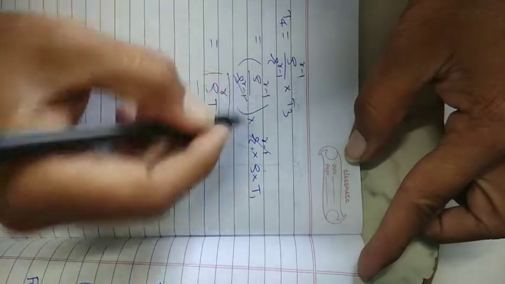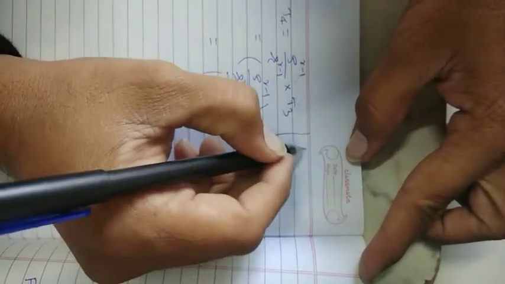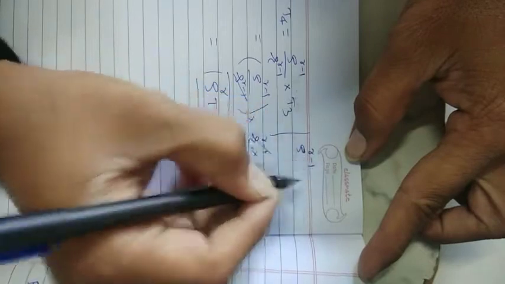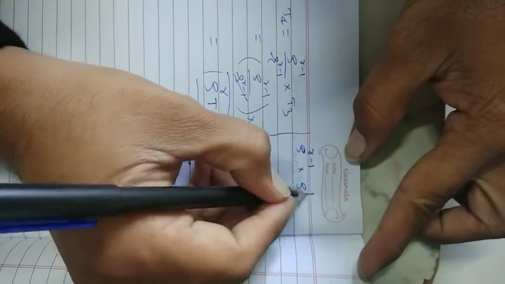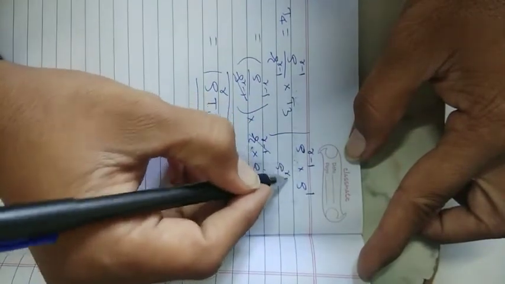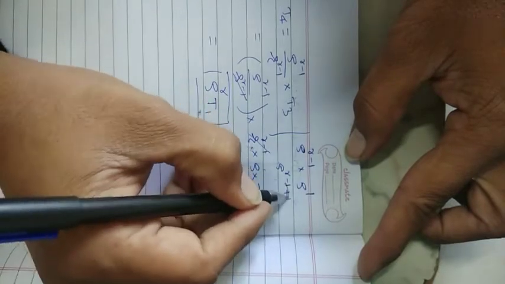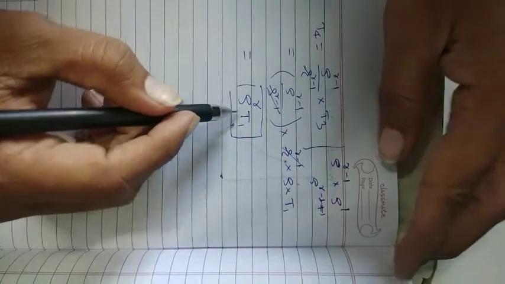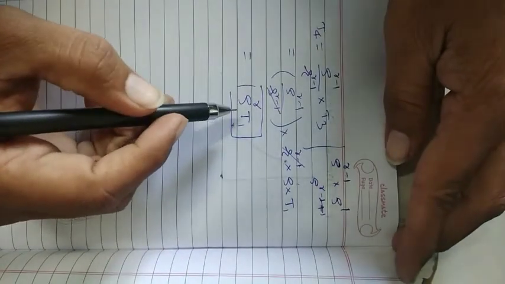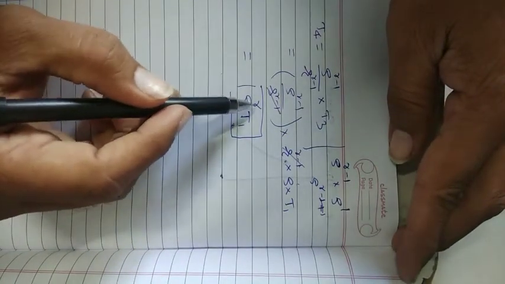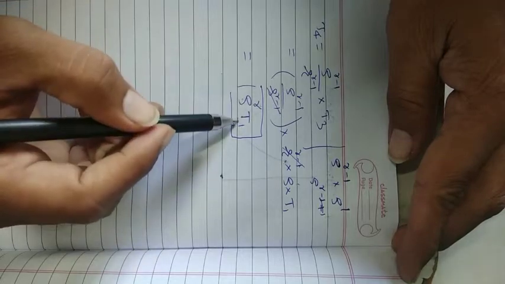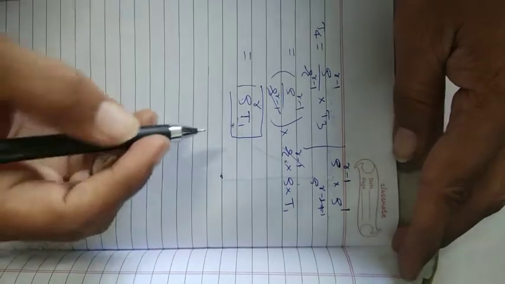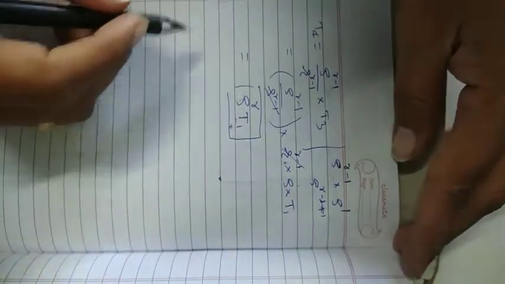So I hope you have understood this. Here what we did, again I am writing rho raised to gamma minus 1 into rho raised to 1. So here you can add gamma minus 1 plus 1. So this will be gamma raised to 1. Clear? So rho raised to gamma into T1. Clear? So now this is our another equation.